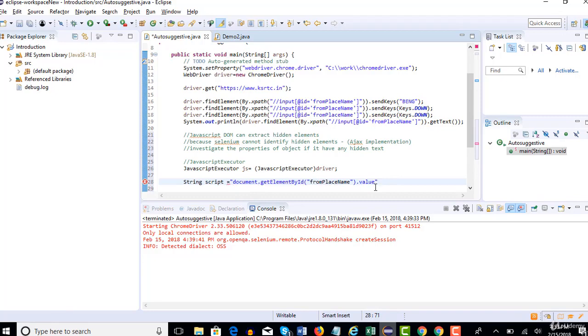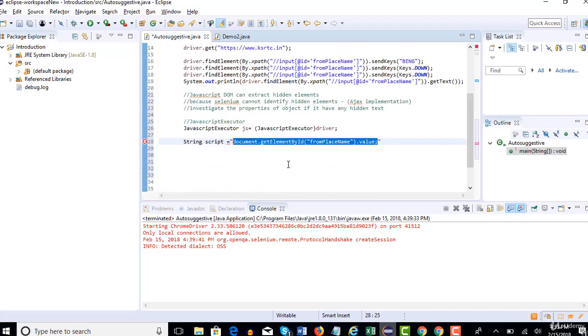Okay, so dot value. So this is our complete script. Okay, now you have an error here. You know why? As I told you in one of my earlier lectures, double quotes inside double quotes is not acceptable in Java. So to identify this double quotes, you can use backslash and that error will be gone.